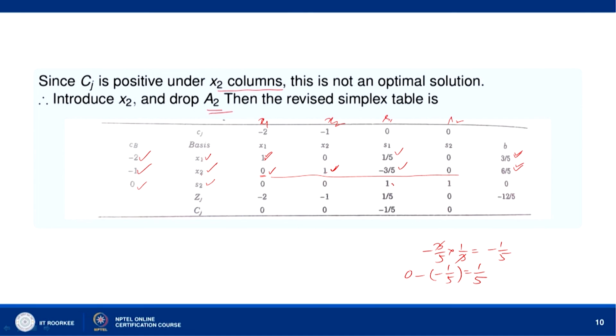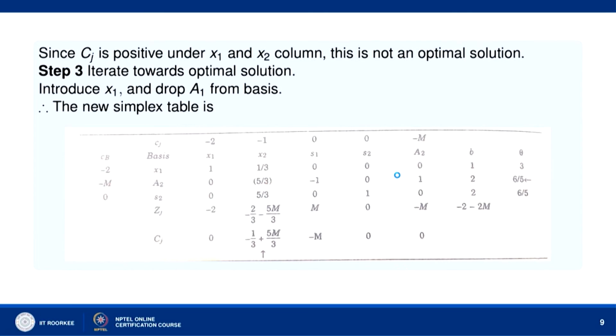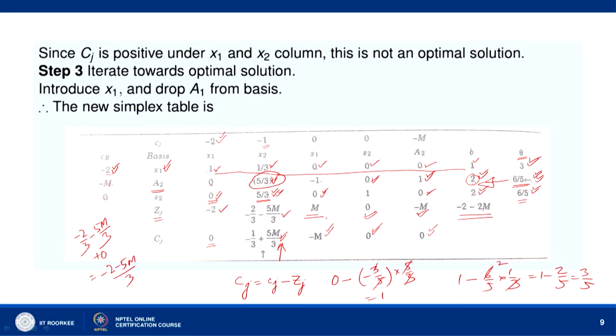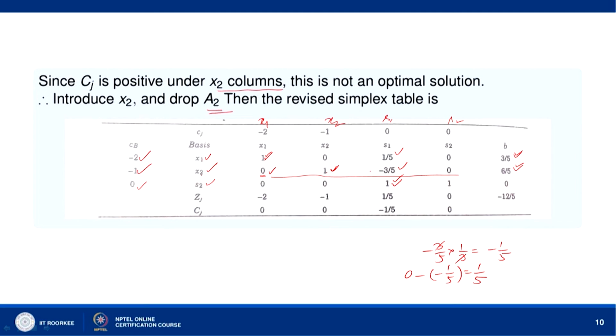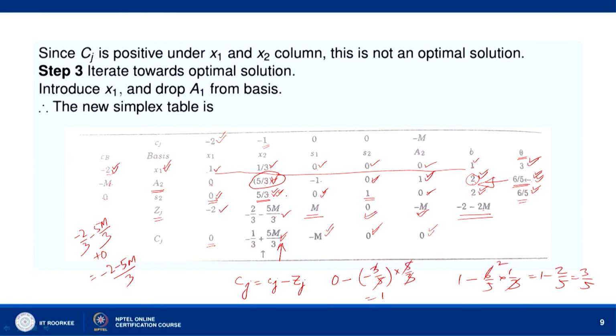In the column S1 this is 1, and in the column S2 what we will get here, this is 1. We divided it by 5 by 3, this becomes 0, this is 0. Why we are multiplying by 5 by 3: we are multiplying by 5 by 3 and subtracting. So, 5 by 3 when you multiply and subtract, what we will get, this is 0 here. So, multiplying by 5 by 3 and subtracting from 0 will give 1.